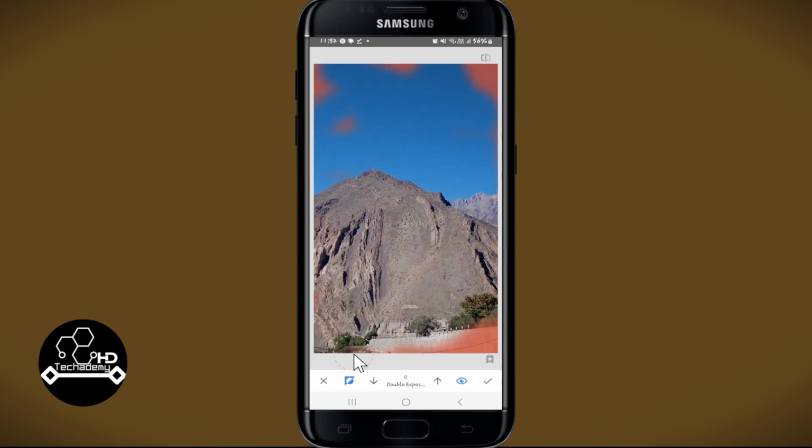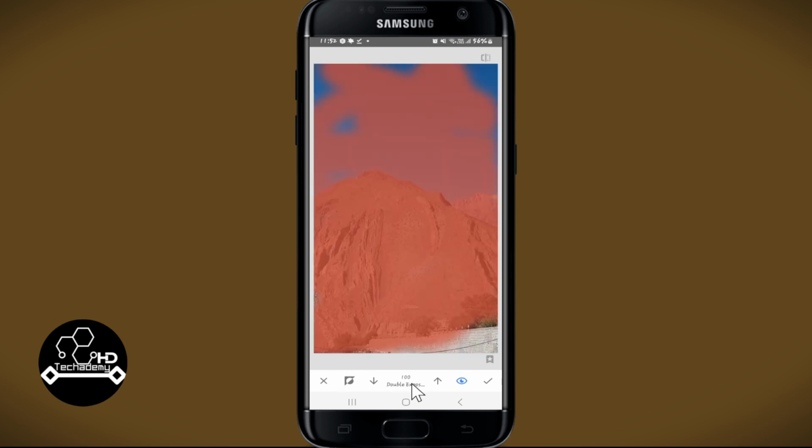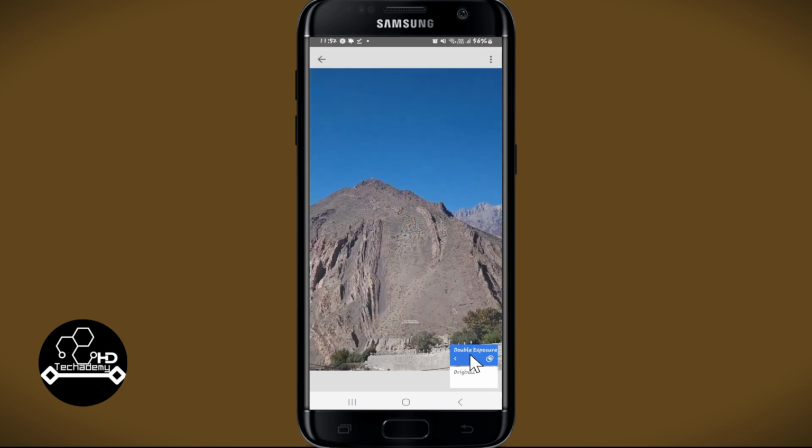Once you have chosen your preferred area, tap on the Invert option once again and make sure Double Exposure is set to 100. Also make sure that the mask option is enabled and tap on the tick mark at the bottom right corner. Now click on Double Exposure once again and then tap on the Settings option,